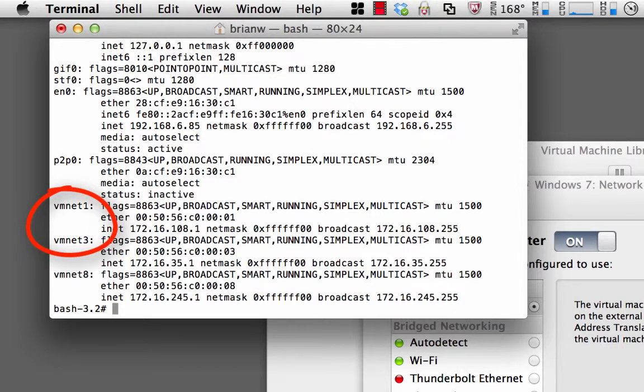VMnet1, VMnet3, and the one that we're interested in if we're doing "share with my Mac" is the network labeled VMnet8. As you can see, VMnet8 is using a netmask of FFFFFF00, perhaps better known as 255.255.255.0, also known as Class C. And therefore, this IP address that we see here, 172.16.245.0, if we mask off that last octet, reveals that the network address for any virtual machine that's plugging into the "share with my Mac" network is